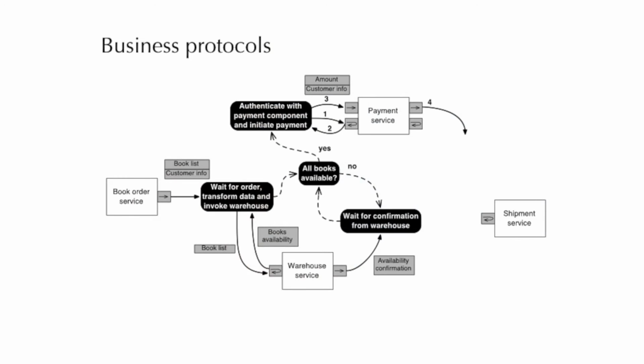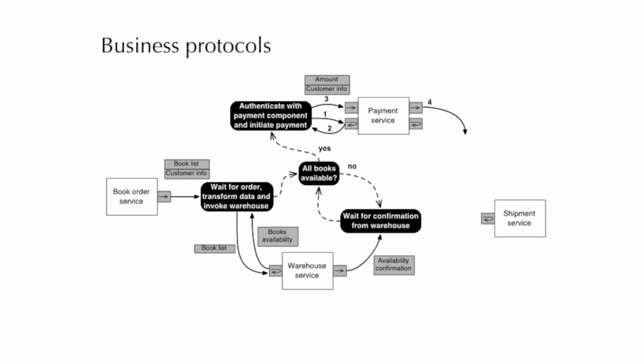This is commonly called a business protocol, meaning the payment service tells us the order of the message exchanges we have to follow in order to correctly interact with the service. In this case, for example,